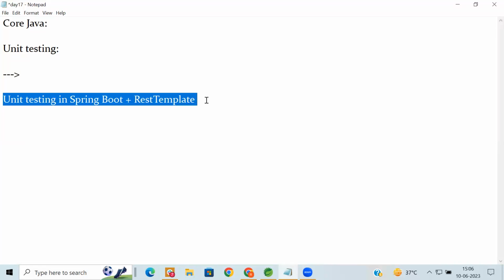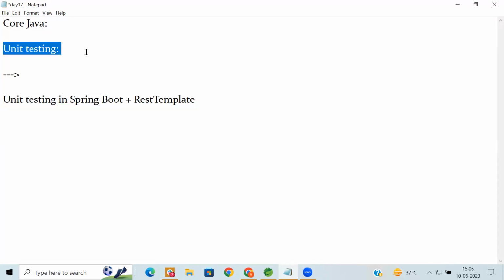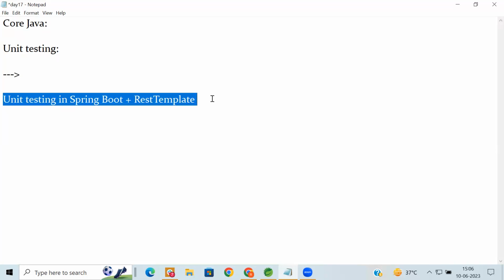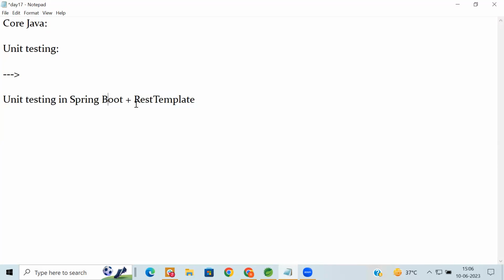Since we have just executed, our time is over, which means it is already beyond our curriculum time, and this is one extra session I took to give you an idea about unit testing. Once you are comfortable with unit testing in Spring Boot, it will be quite simple for you to test our API and to call our API through another Java program. Because until now, whatever APIs we were writing in Spring Boot,